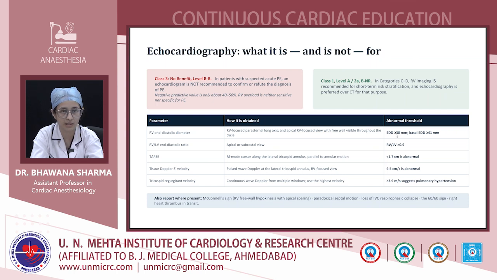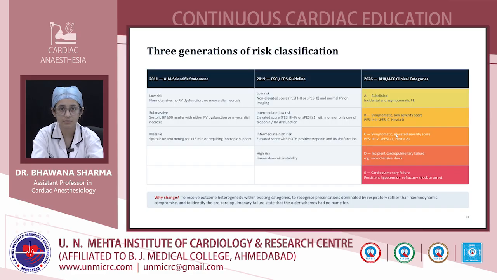We assess the TAPSE to see the function of the right ventricle, and we see tricuspid regurgitant velocity as well. So now the risk of pulmonary embolism has been classified. In 2026 we have a new risk stratification classification. According to the 2026 classification, there are categories A, B, C, D and E, and there are also respiratory